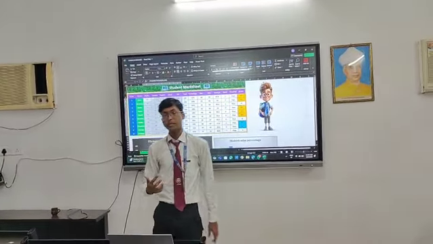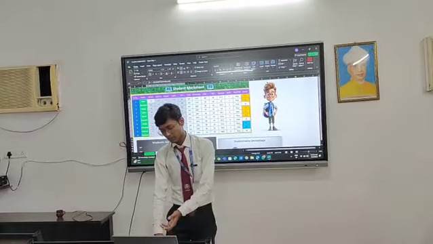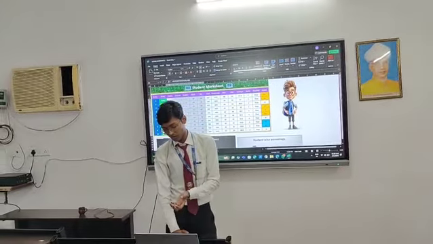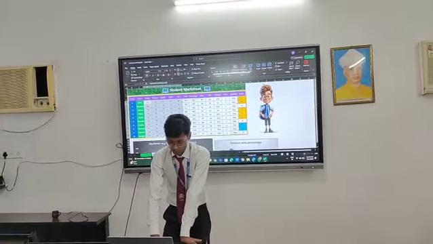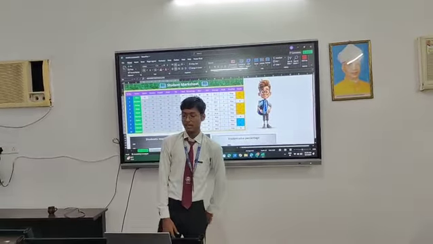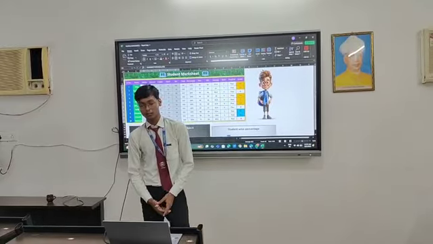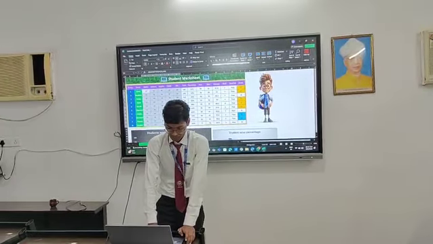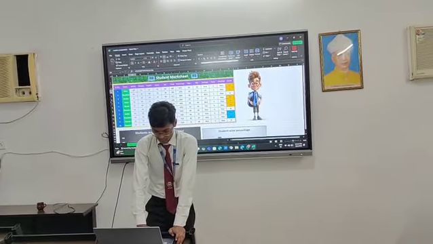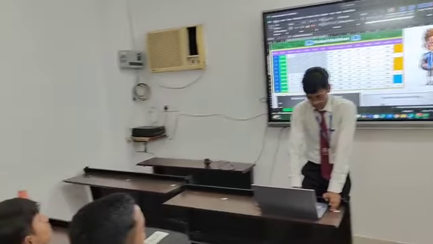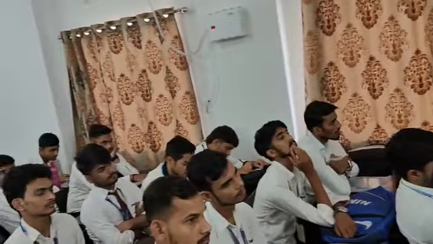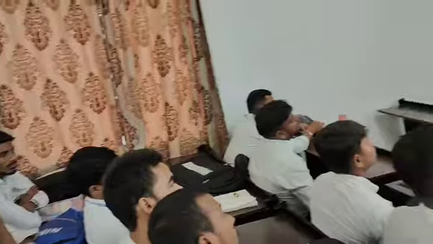So we need to make it static so that we can calculate percentage, marks, minimum, and so on. In order to make data static, if that data has come with the help of a function, firstly we select those cells. So these many cells have data using the RANDBETWEEN function.